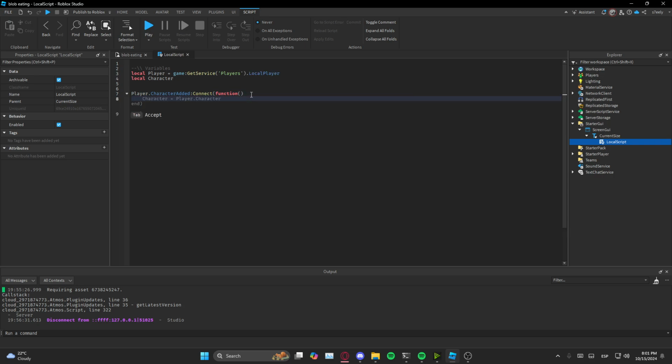All right, so what we're gonna do is simply set the character to mean player.Character. That's it. That's basically how to fix your issue. This is the 3 lines of code. Or you can also put it at the start, as well as adding this, of course, is making character equals